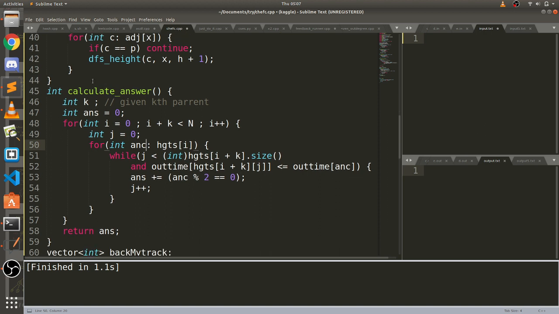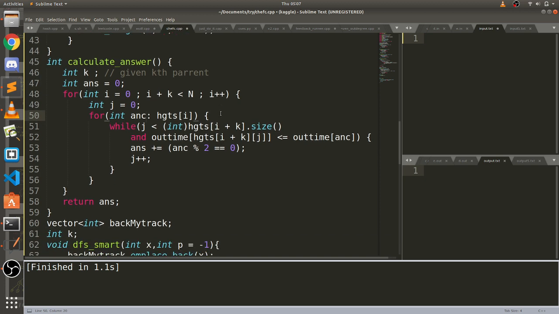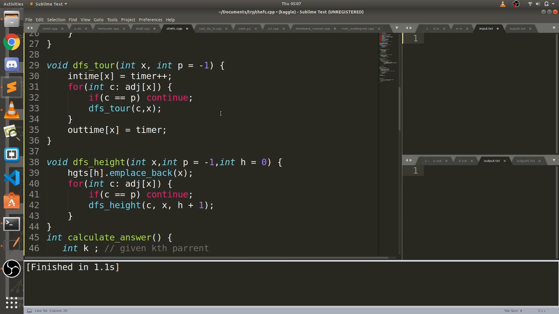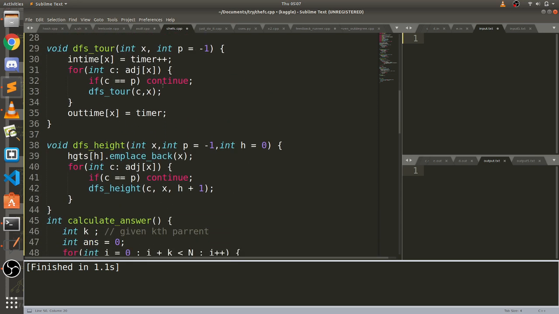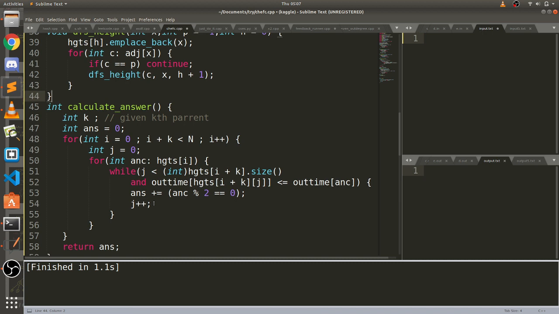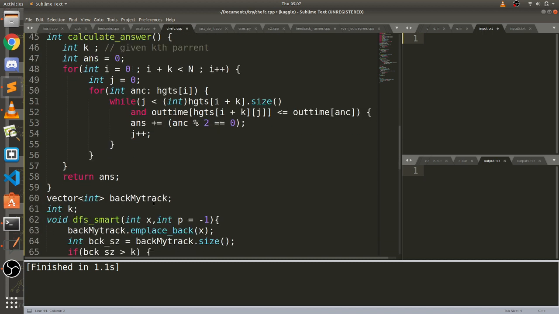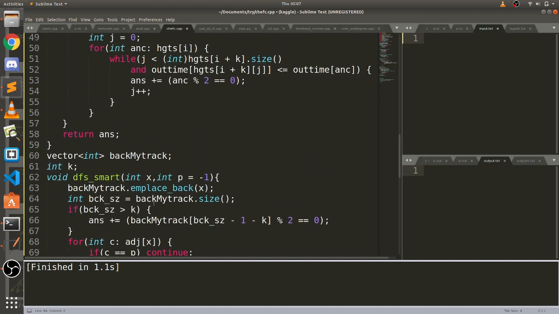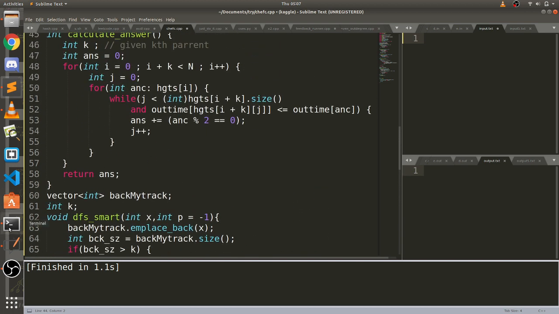In this way, using two pointers, we are calculating it. So this was very tough. If you could see, there is much code involved, like DFS store, DFS height. I could also store DFS height. We could reduce the DFS height code for simplicity, but you could see that it's very complex. Now I will explain to you the easiest code of all of this.